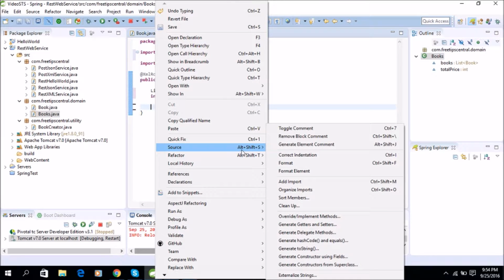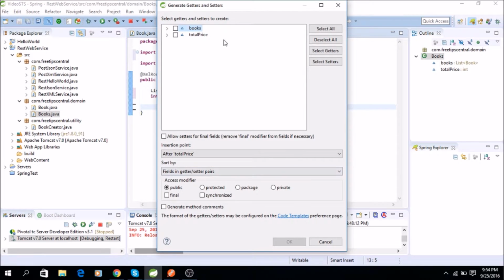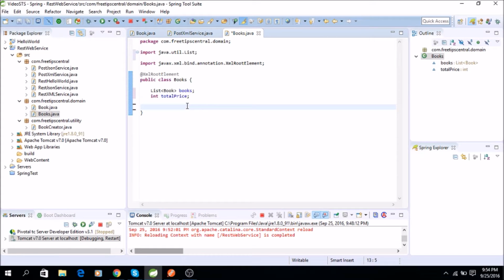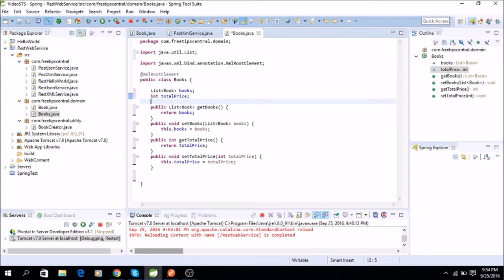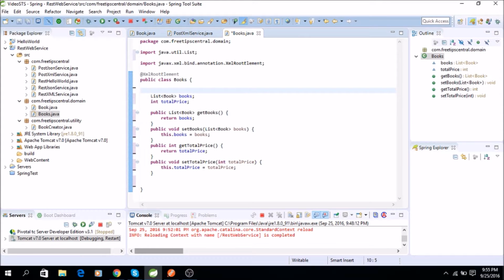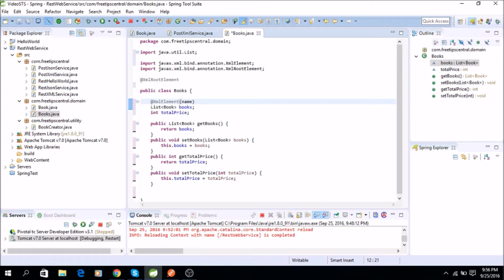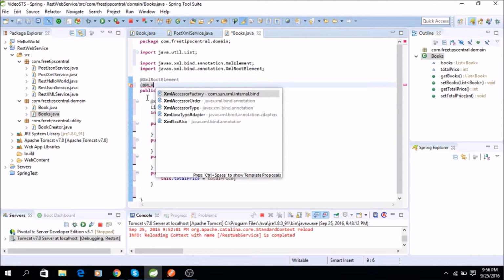So source, getters and setters, select all. Okay, so these fields are generated. Now I want to say that books is an element, so we'll say XML element, and we'll say name equals book. That means each element in this array list is going to be mapped to a book object, and we will also say XML accessor type,